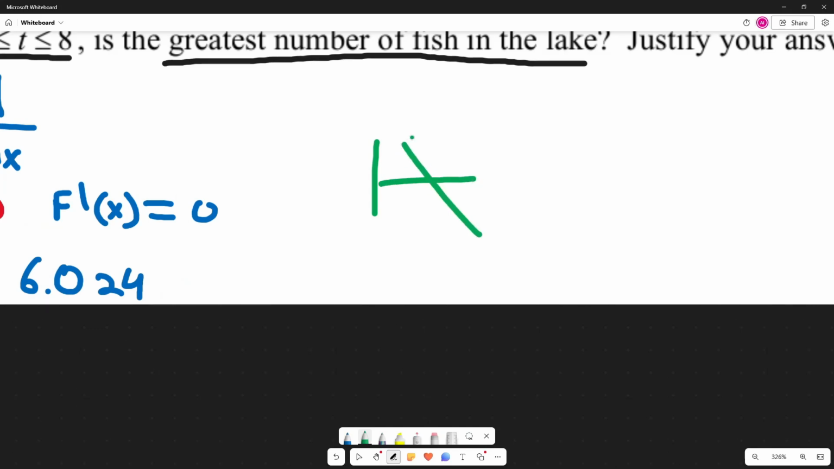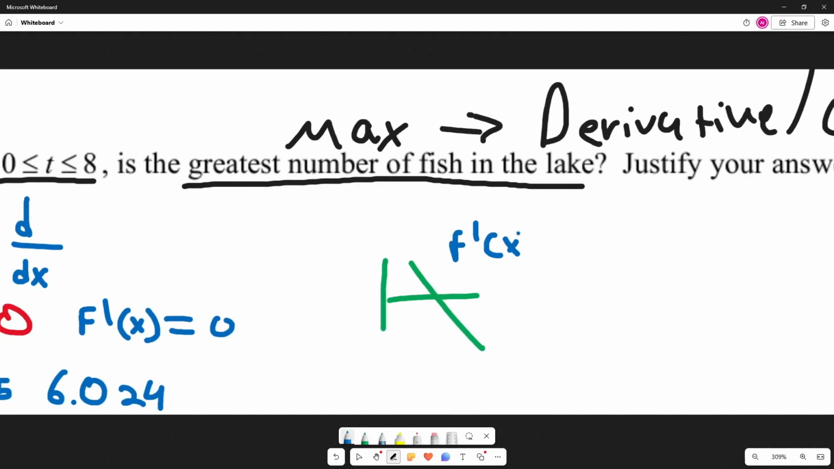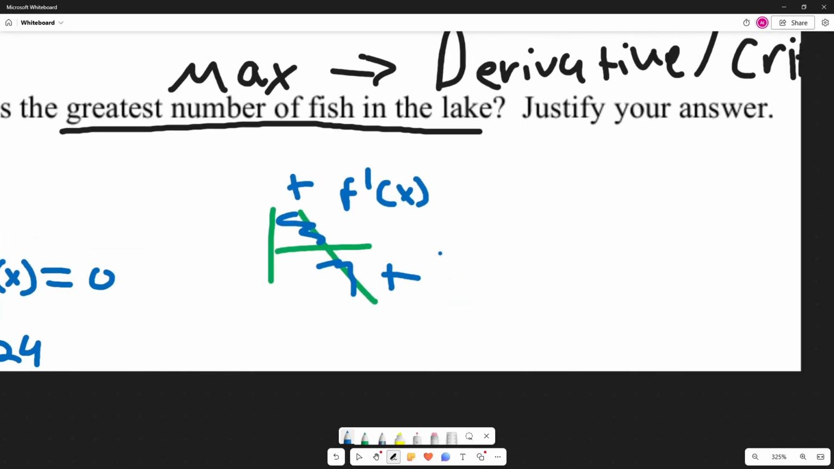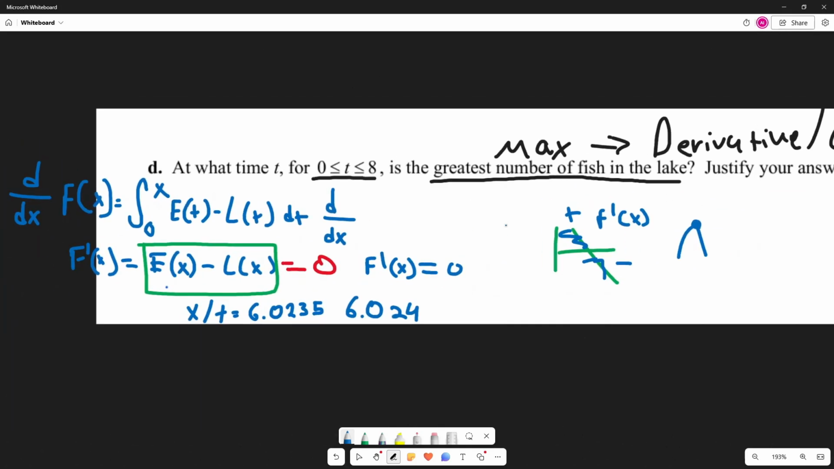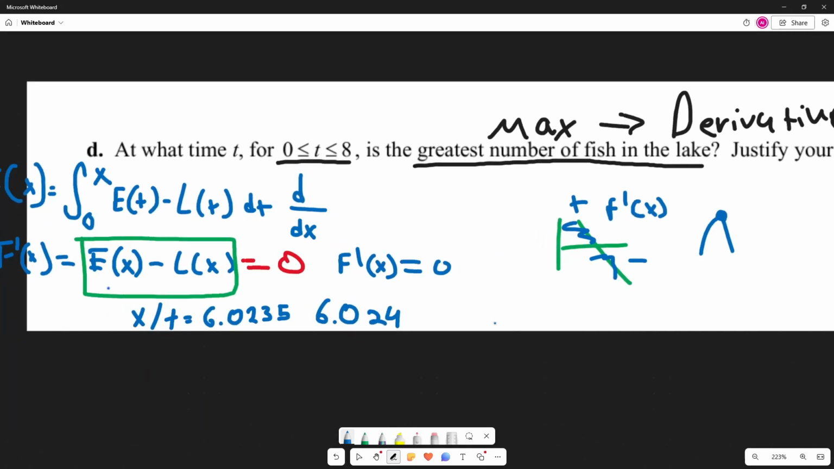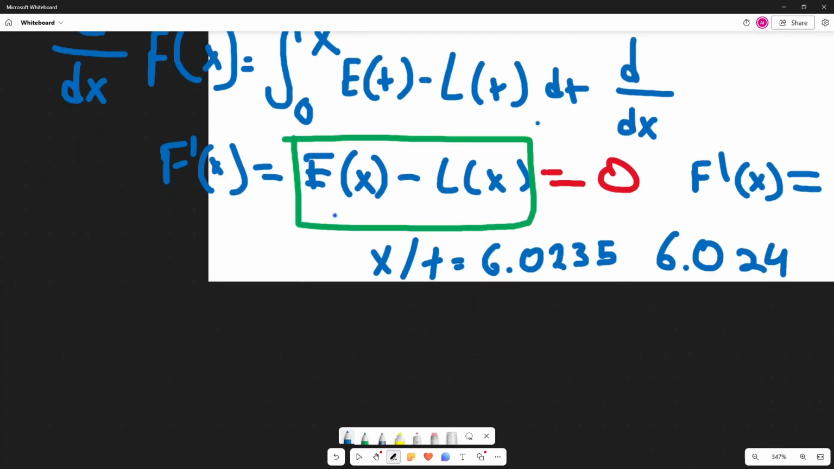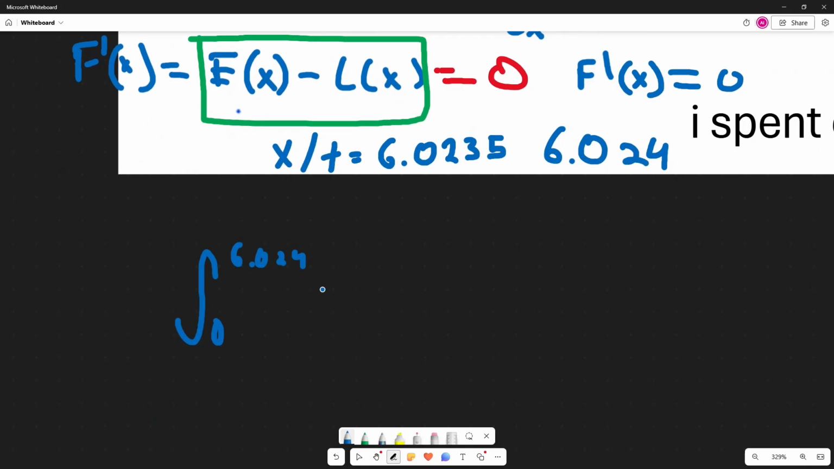So it's crossing the line, because it's positive. And remember, this line is the derivative, F prime of x. So this thing goes from positive, so plus, and then to negative. So it's going to look something like this, like a max right there on the original function. In order to find how many fish there are at that time, all you've got to do is plug 6.024 back into the integral. So from 0 to 6.024 of E of t minus L of t